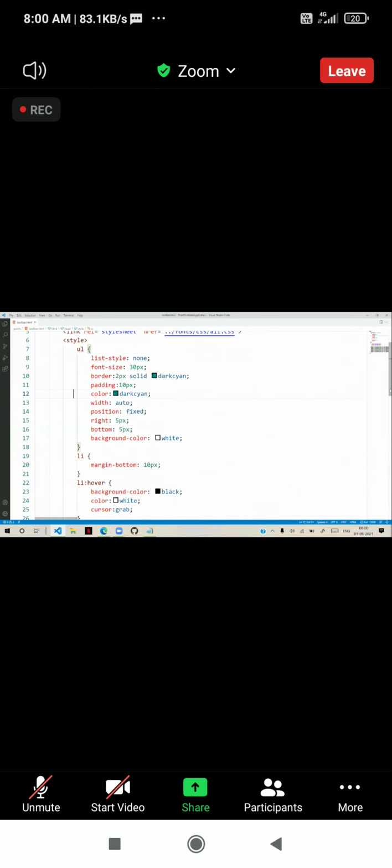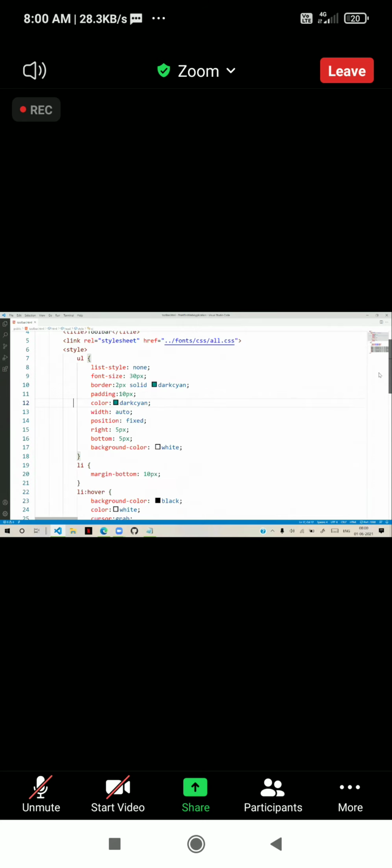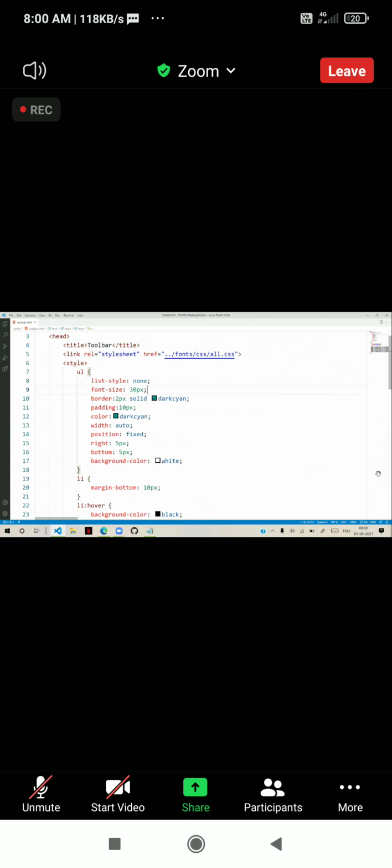This example shows step-by-step how to download the link and use it in a project. Already it is uploaded into the classroom notes. This toolbar example, I will upload now into the classroom. You can try this toolbar.